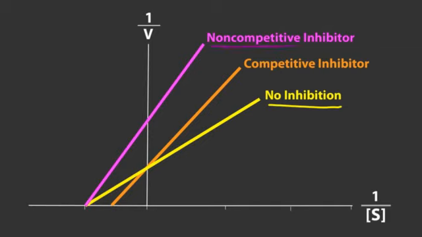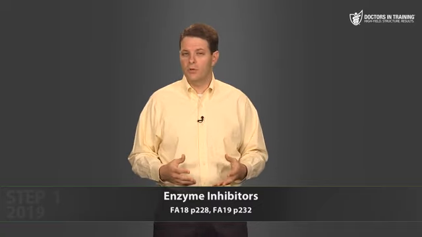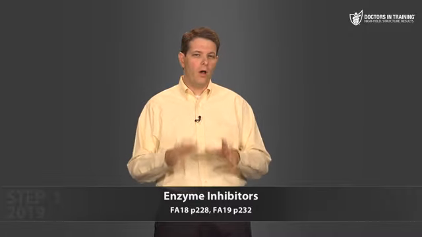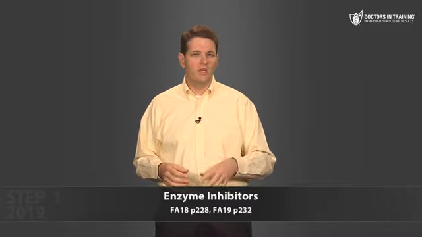What about a non-competitive inhibitor? A non-competitive inhibitor decreases enzyme activity and reduces Vmax, but it does not change Km. So with a non-competitive inhibitor, the x-intercept doesn't change, but the y-intercept is going up, and that means a lower Vmax. So a non-competitive inhibitor decreases Vmax. Let's take a second and practice these. In your study guide, we have some unlabeled graphs, first without inhibitors and then with inhibitors. So I want you to pause the video and try to label these graphs, and then we'll talk through the